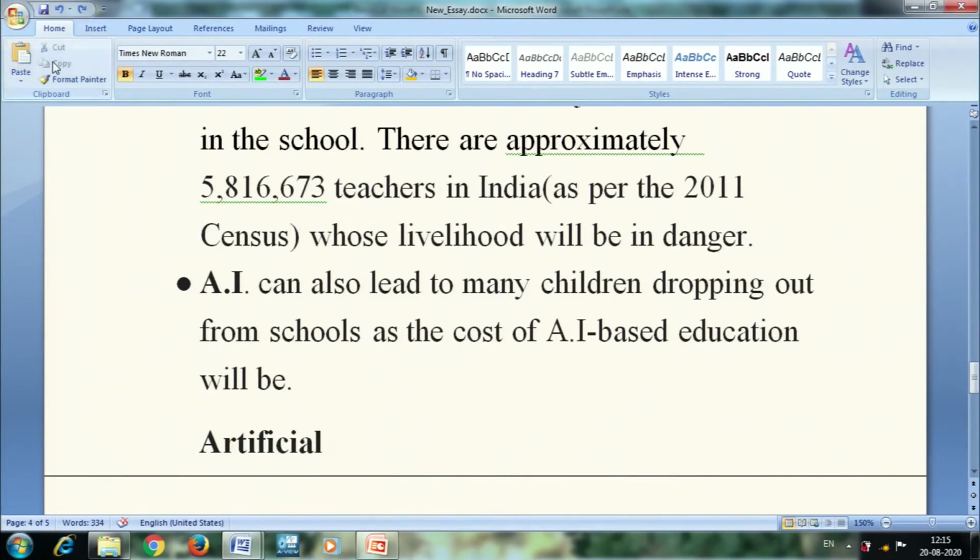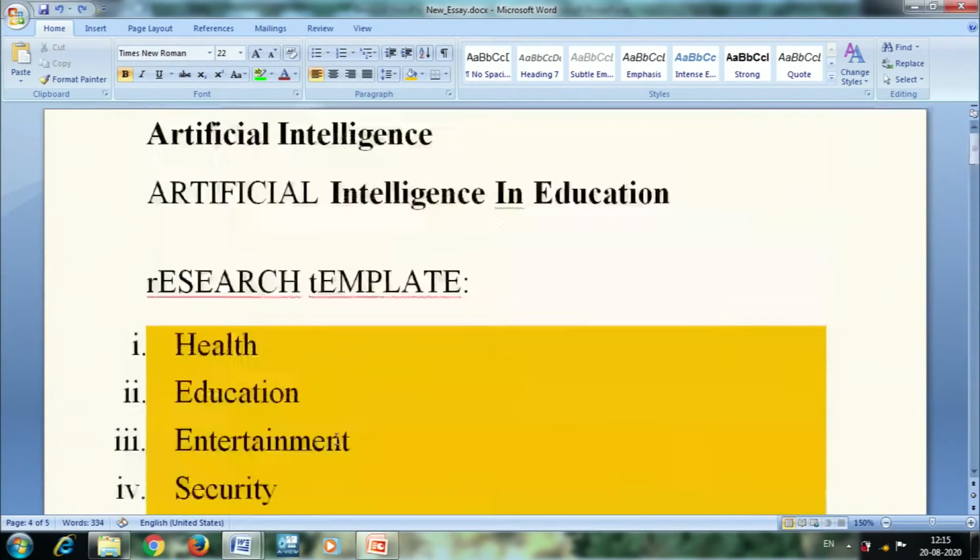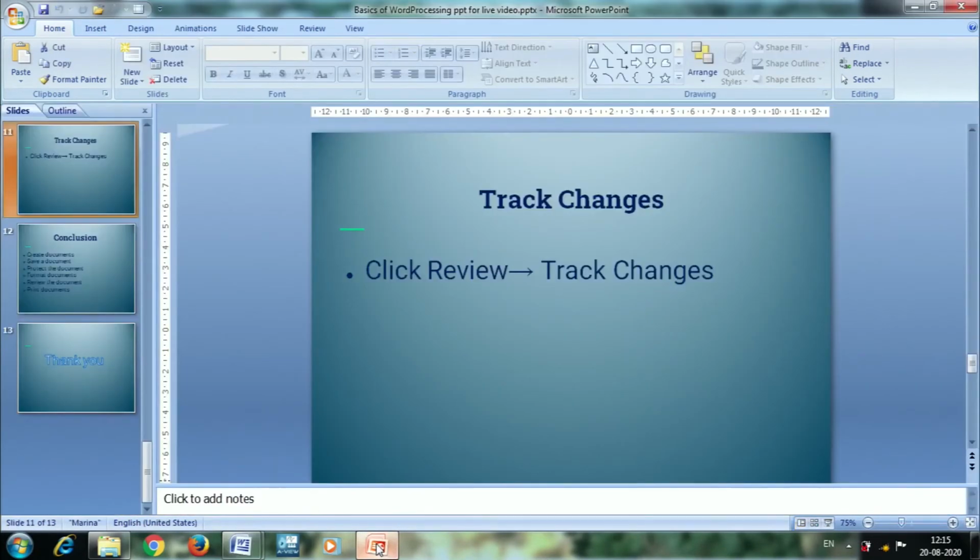So, I can do copy when I want to have the same information in many places, and I can use the cut option if I want to place the content in only one place. Here it will be moving the content or text from one place to another if I have used cut. If I use copy, the content will be there in the original place as well as in the destination place where I have pasted it, having the text or paragraph or content. So, we will go back to our presentation.